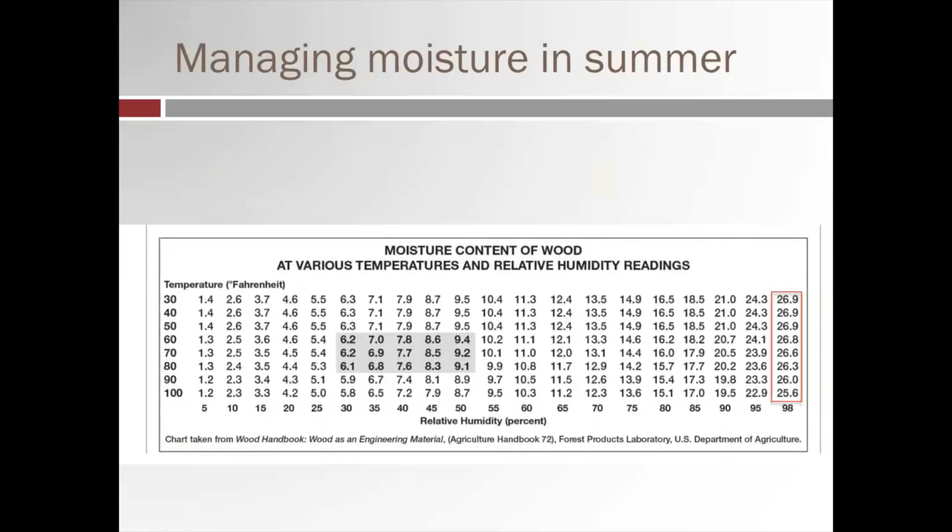So I don't know how many people have heard of the concept that I'm putting forth here, which is equilibrium moisture content. Essentially, at a given temperature and a given humidity, a given substance can only be so moist. So let's take, for instance, 80% relative humidity at 50 degrees. You go up on the chart, and what it's saying is that wood will reach equilibrium at